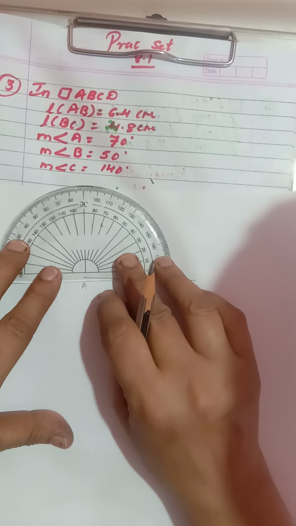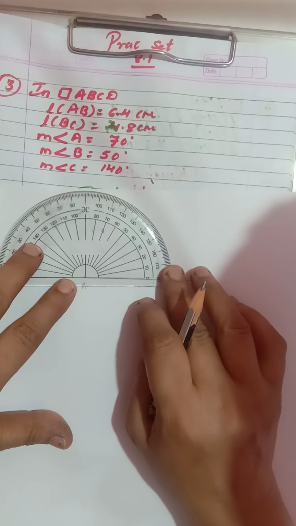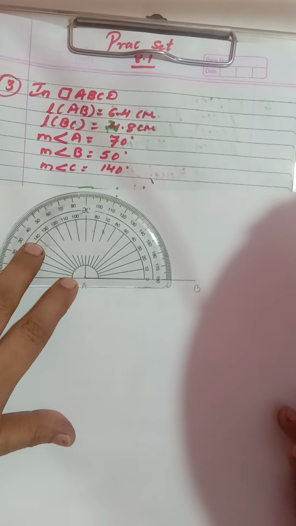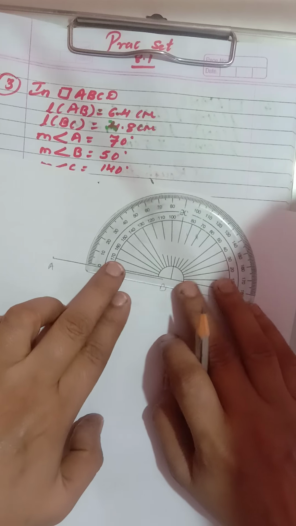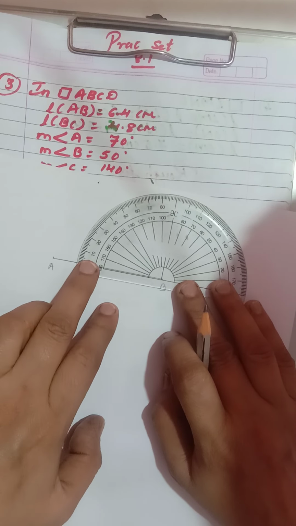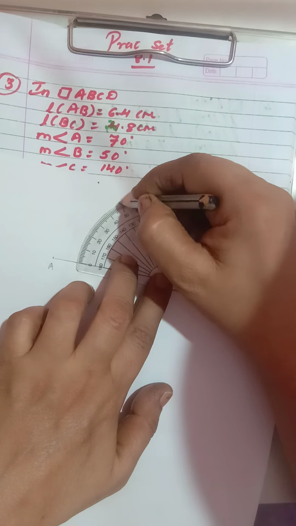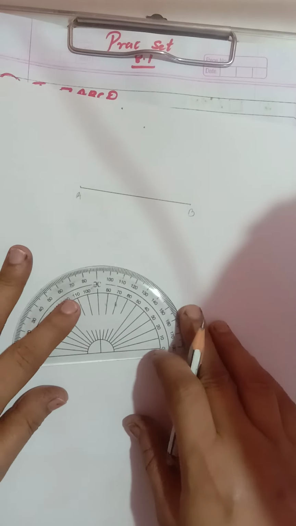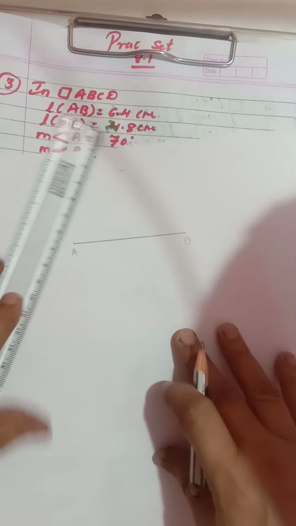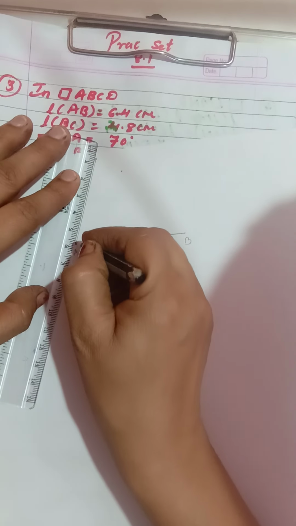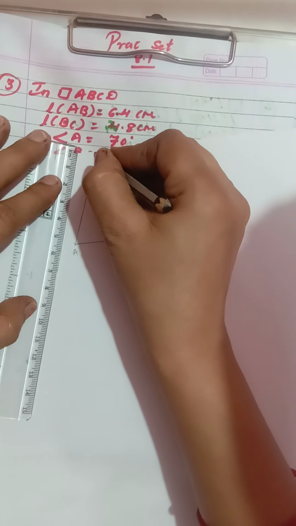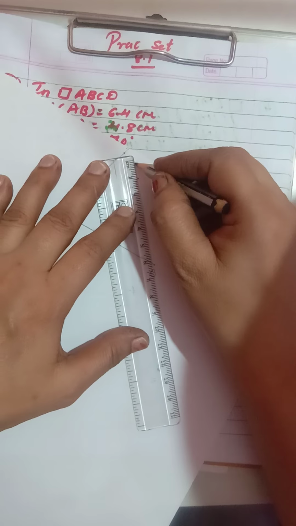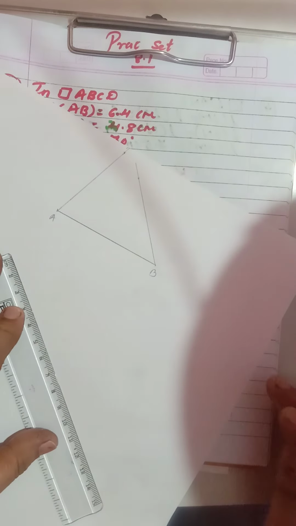Now we know with the help of the protractor you are going to draw the angles. So your angle A is 70 degree and you are going to mark this 70 degree. Then shift the protractor to point B and you are going to mark angle B as 50 degree, right? So angle A 70 degree, angle B 50 degree we have drawn. Now with the help of the scale we will draw the angles. Now here we have drawn the angles.